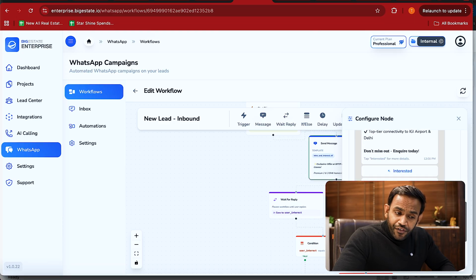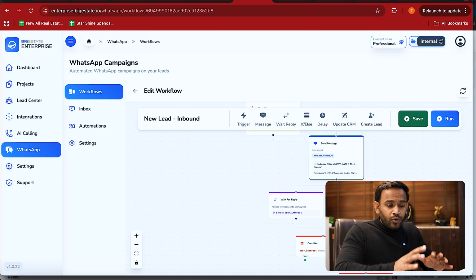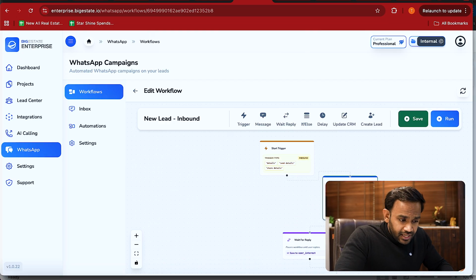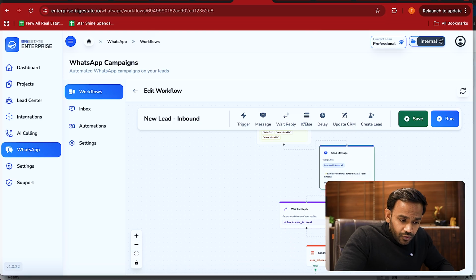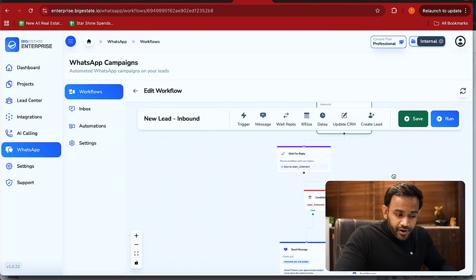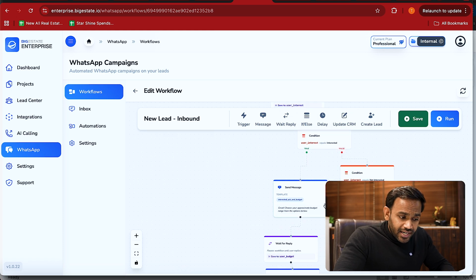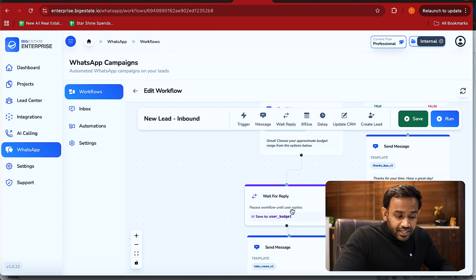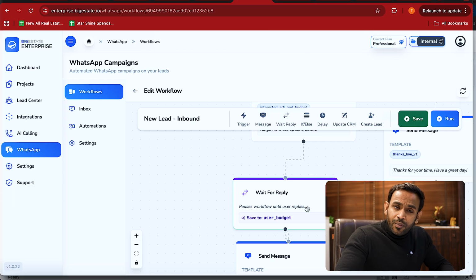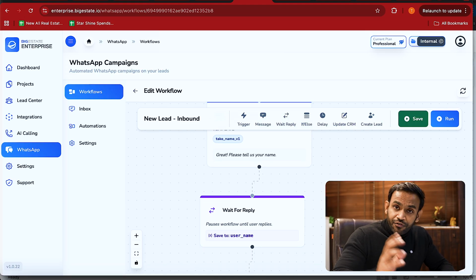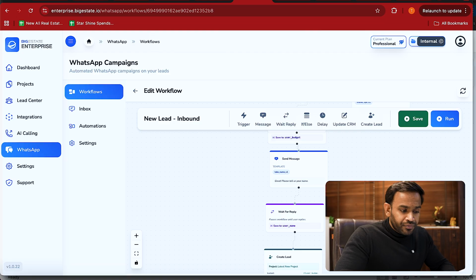Now, there are different nodes available to update and manage the entire customer journey. For example, if someone says send details, you can create a condition wherein someone says interested or not interested. You can create different nodes based on the response. You can also add something called wait for reply. In case someone does not respond to a message, you can send an automated message in a couple of hours. You can also create something called update CRM, which is a very unique feature limited to Big Estate,